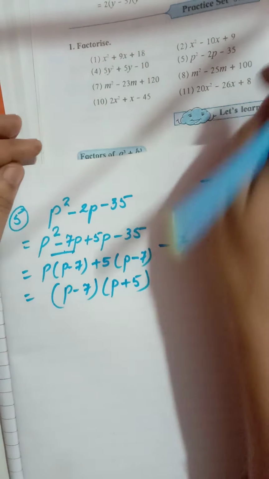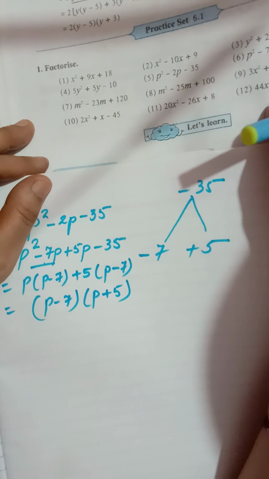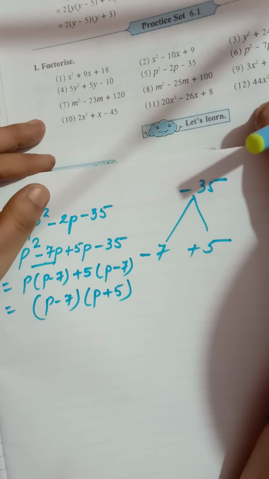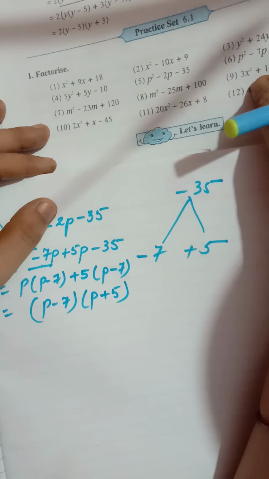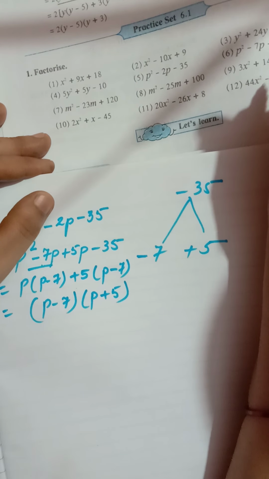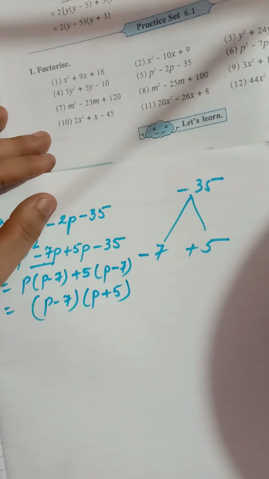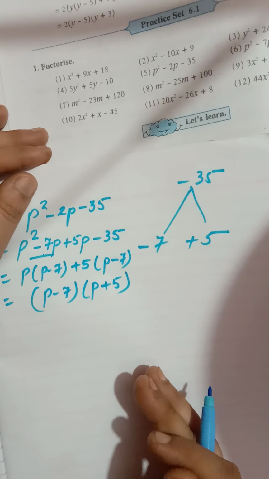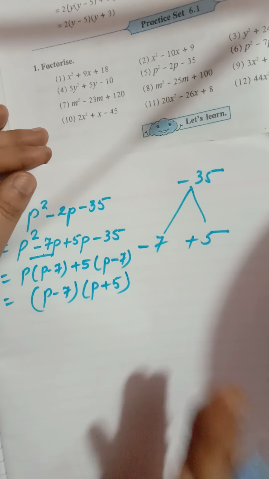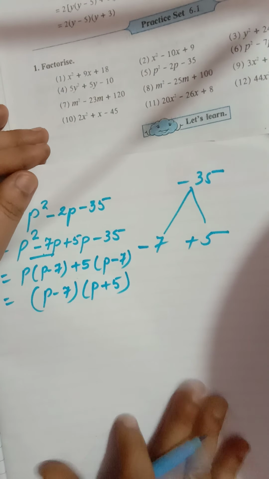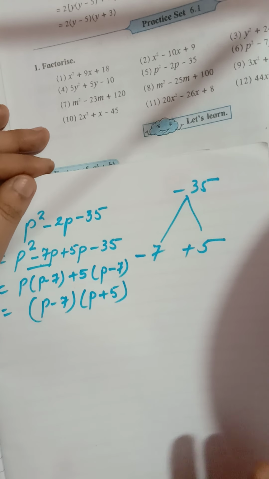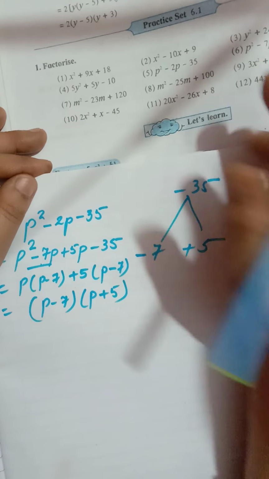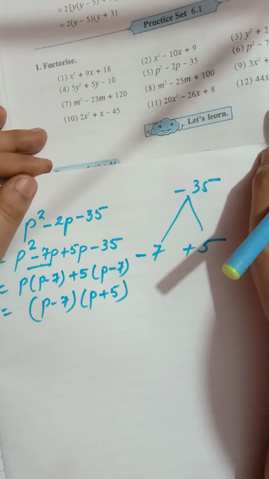So children, I hope you have understood till question number 5. Now question number 6 onwards, 6 and 7, I will be solving and sending in the form of PDF, so that you can copy it in the classwork book. All the questions I will solve tomorrow and send you, so that you will copy in the classwork book. And afterwards, children, exercise 6.1 you will again do in the homework book also, because these sums require practice. I will also send some extra sums for practice.